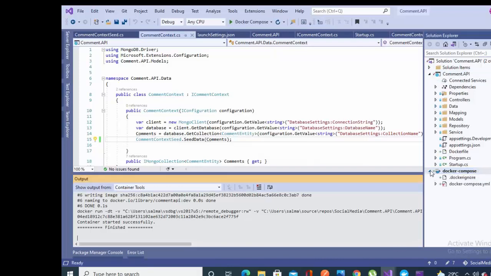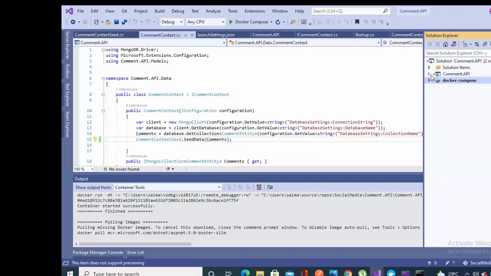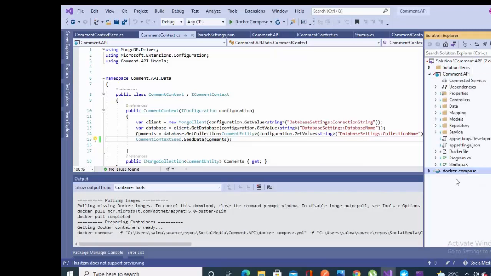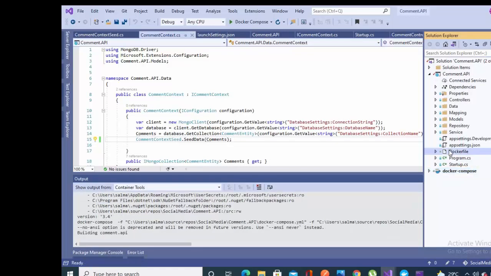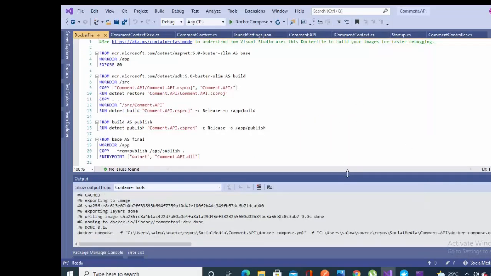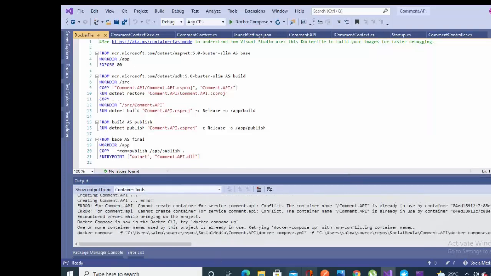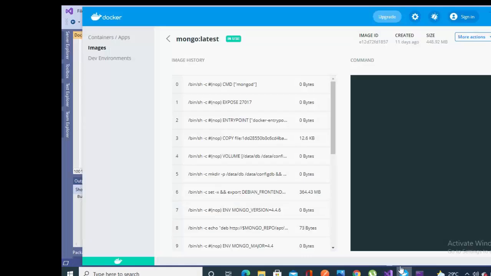As you can see below the project, there is a file added that is named docker-compose, and as you can see in the output window, all the commands are executing automatically, so you don't have to execute the commands. So it is creating the image automatically, and it will run that image in the container. That's the ease and the beauty of Visual Studio.